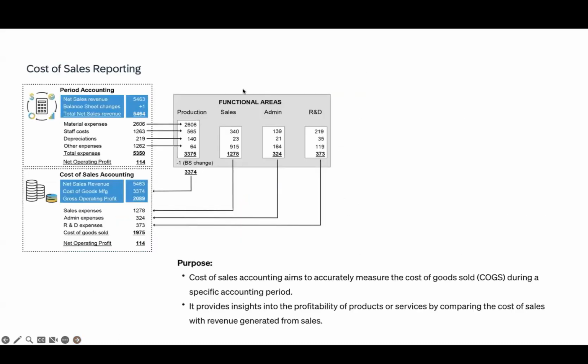Cost of sales reporting. This is where we look at our functional area analysis. If you imagine the chart of accounts, for instance, a couple of expenses in there. One might be salaries, and the other might be travel costs. When we do our traditional reporting, those would fit into the salaries and travel costs lines in our profit and loss. What cost of sales reporting does is actually look at the function those secondary expenses